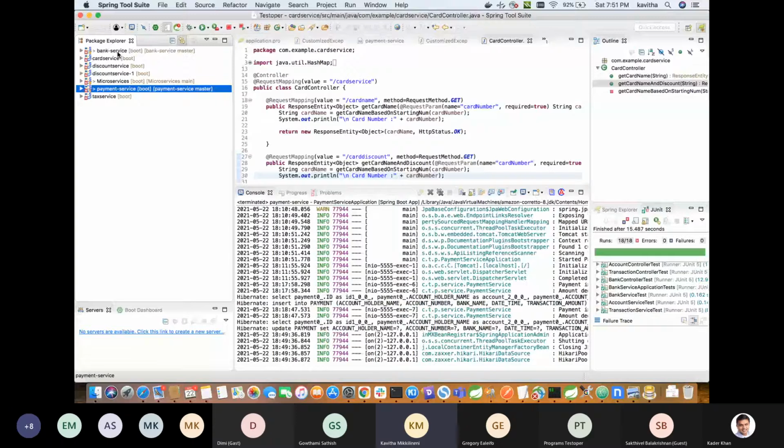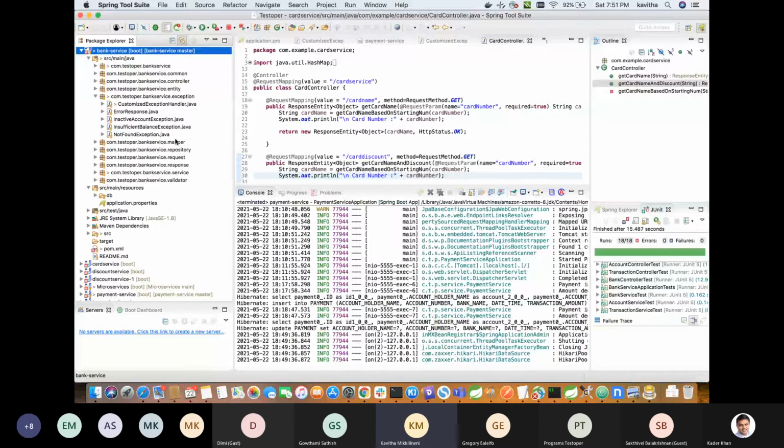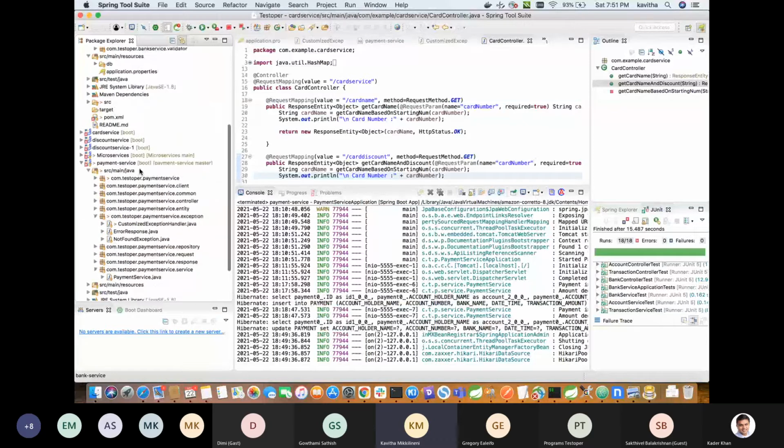This bank service is a microservice which will store the bank details. For my example, I am holding a couple of bank details and the accounts in the bank. This service will maintain the details in a database. And the payment service is another service which will internally communicate with the bank service to get the balance.